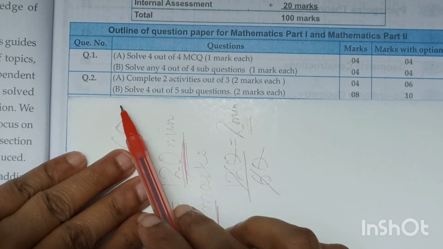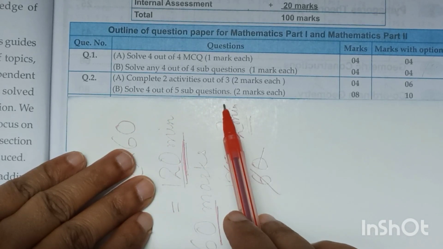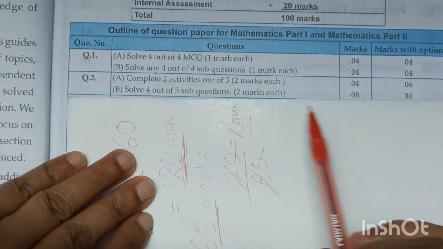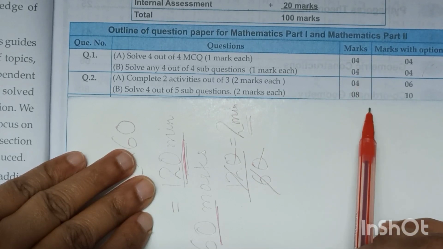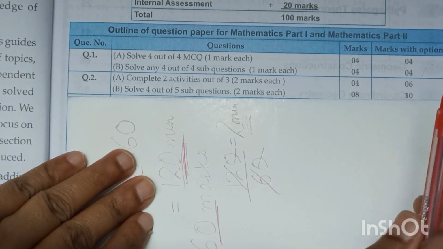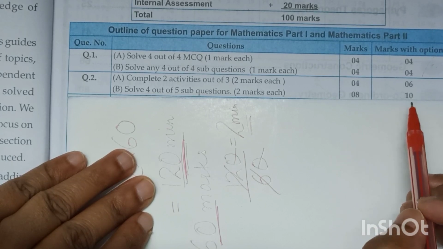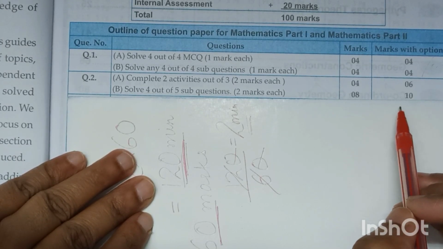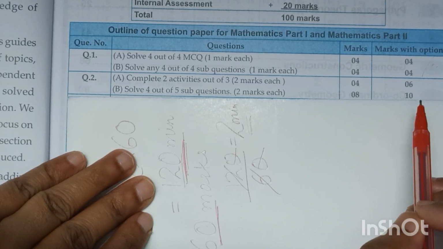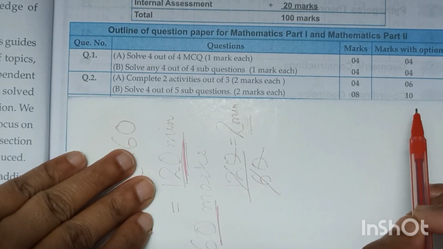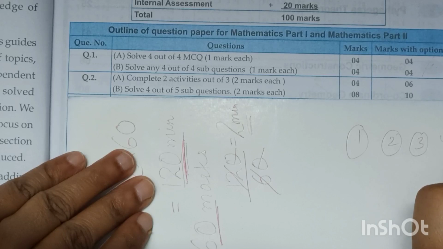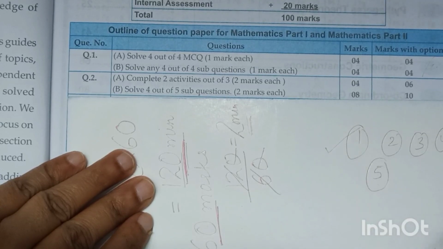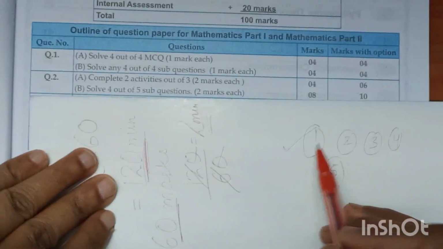Now come to question number B. Solve 4 out of 5 sub-questions. Here also you will have a total of 5 questions, each of 2 marks. So try to solve all the questions. Suppose you are not able to do one question, then it can be replaced with a correct one, because according to the board paper pattern of correction, for the child who is doing all the 5 questions, 1, 2, 3, 4 and 5, suppose he has done question number 1 correctly,